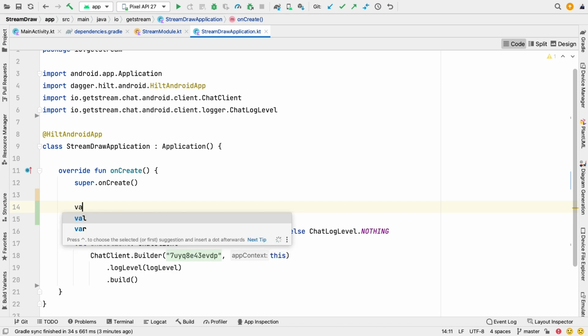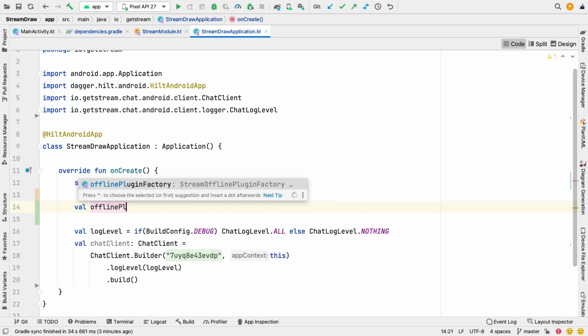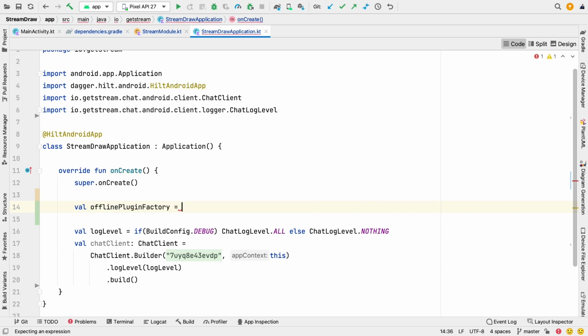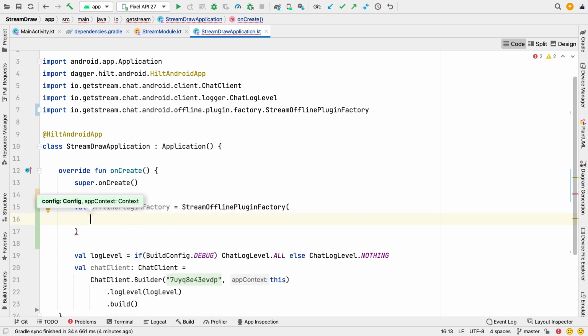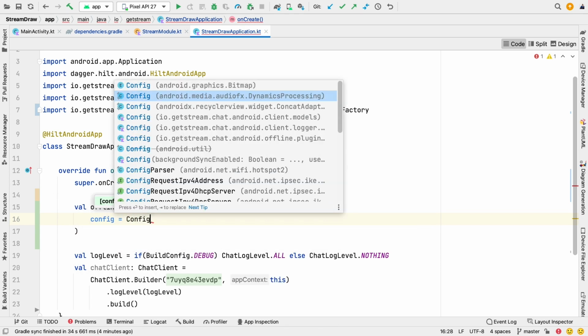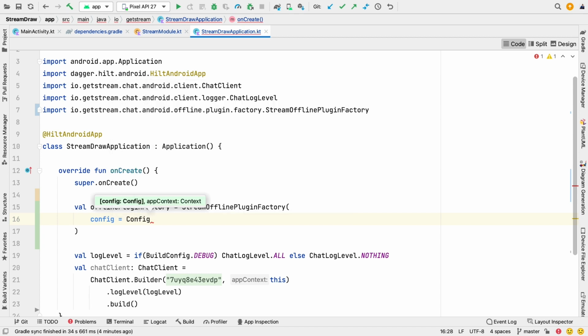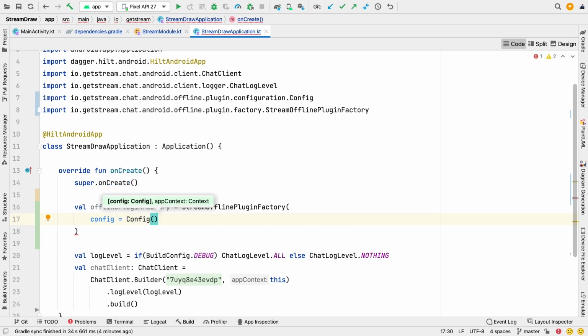So here I will define a plugin factory, that is basically offline plugin factory, and I will use stream offline plugin factory. And to this class we need to pass a configuration object. So here I will write config equals to, and I will define config, and it should be from this offline.plugin.configuration package, and it is from stream, as you can see here. So I will use this object,